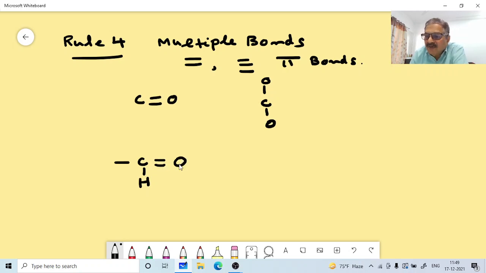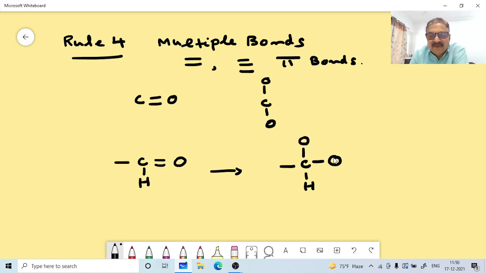Okay, it is an aldehyde group. Now consider this carbon bonded to 2 oxygen atoms. You just break this double bond and make 2 single bonds. I am putting an arrow here equivalent to, but this arrow doesn't mean any reaction or anything. It is equivalent to this. This CH is already a single bond, so no problem. You have to retain the single bond as such, the sigma bond. So this double bond will be converted into 2 single bonds.